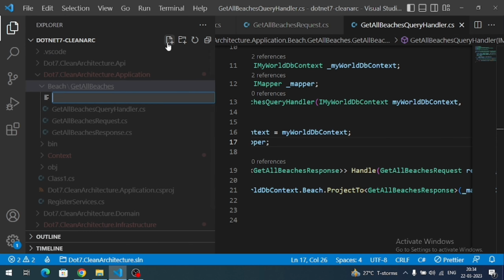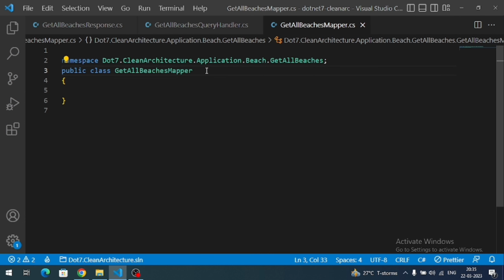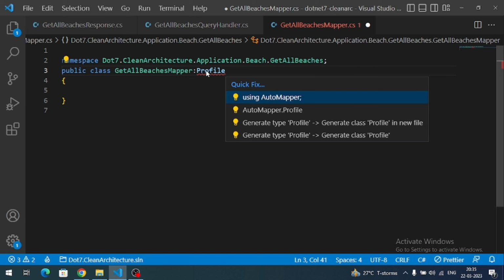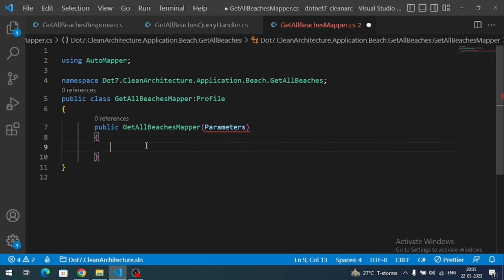Okay, so get all beaches mapper file. This is my profiler file. Here is our mapper class. To make it an AutoMapper profile class, we have to inherit Profile, which loads from the AutoMapper. Here we have to add the constructor, and inside of the constructor we have to add the configuration mapping